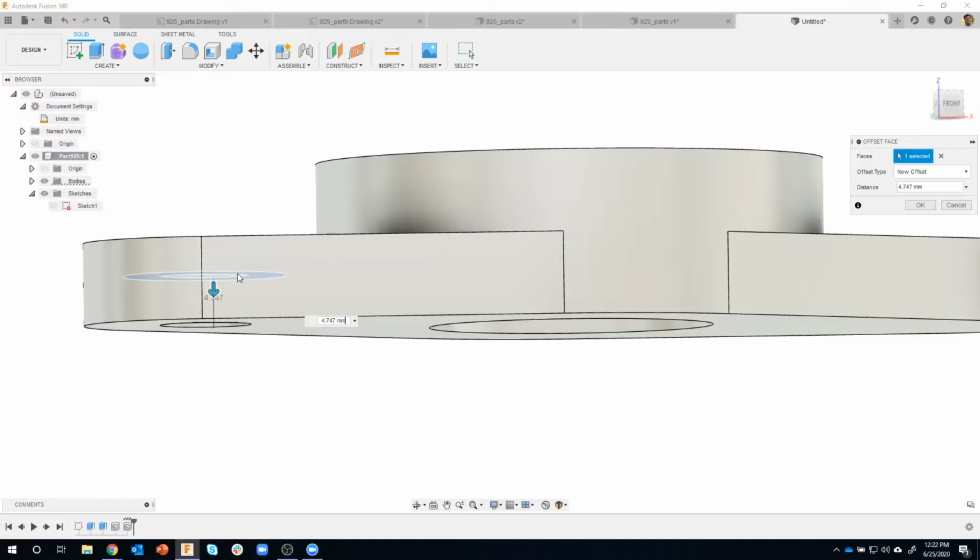So I'll go ahead and move it here. You'll notice it's now like 6.3 from the bottom of the part. So if I were to type in 5, I'm referencing that face and saying I want it to be 5 millimeters from the bottom of that face using that re-anchor